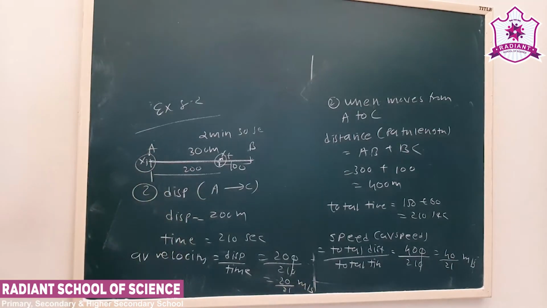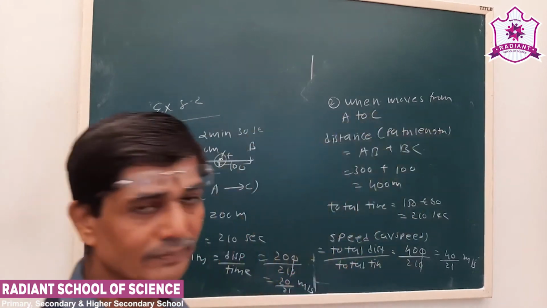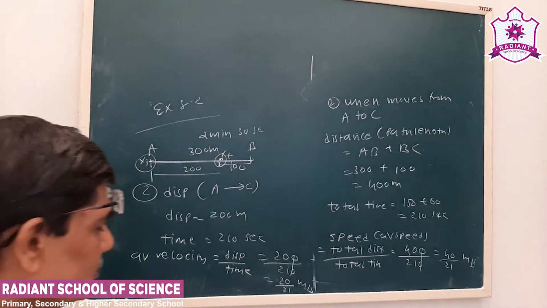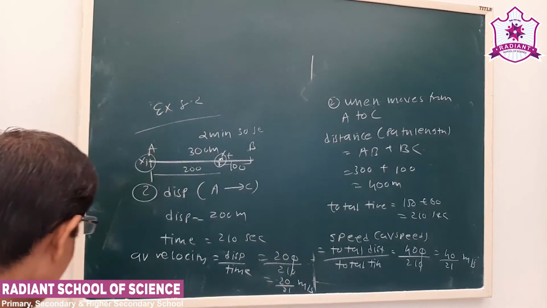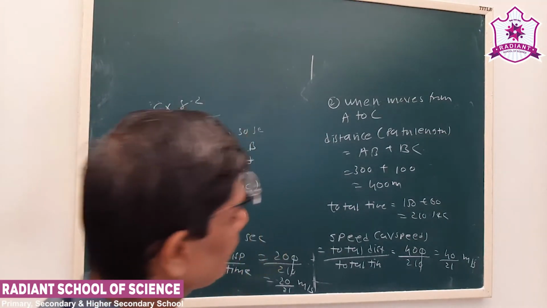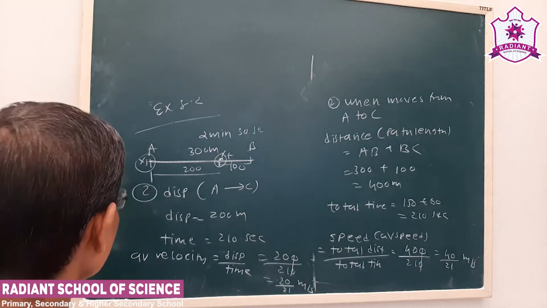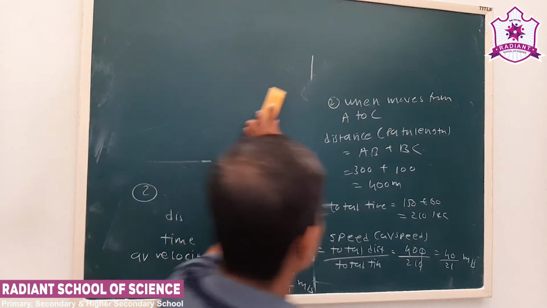This one is interesting. The first part was from A to B and the second part from A to C. This is how we can calculate. That is example number 8.2. Now write it down, then we go for the next one. Now see, the next is exercise sum number 8.3.